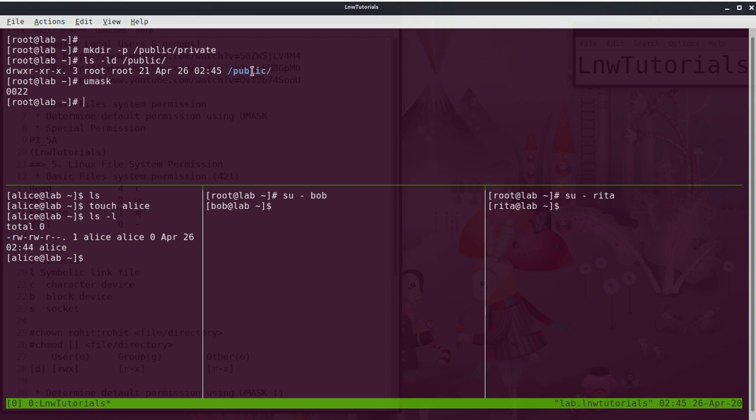Now I go ahead and change the permission of public. The command is chmod: make it 7 for the user, 7 for the group and 7 for others, and give the directory name.